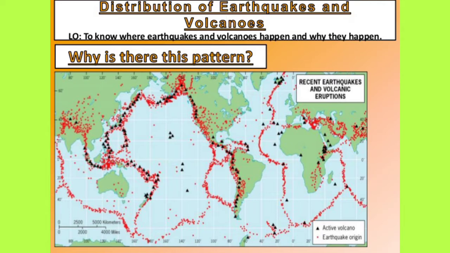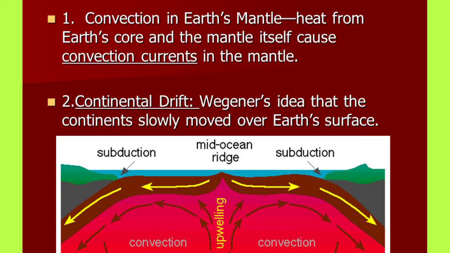Intraplate earthquakes occur away from plate margins. The reasons for this are not fully understood, but it is thought that they are caused by convection currents in the Earth's